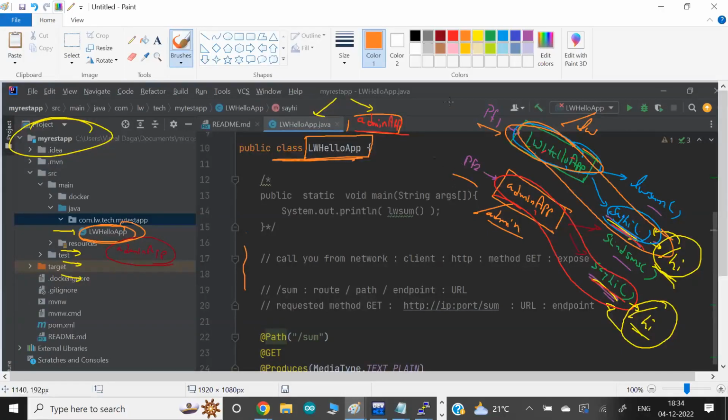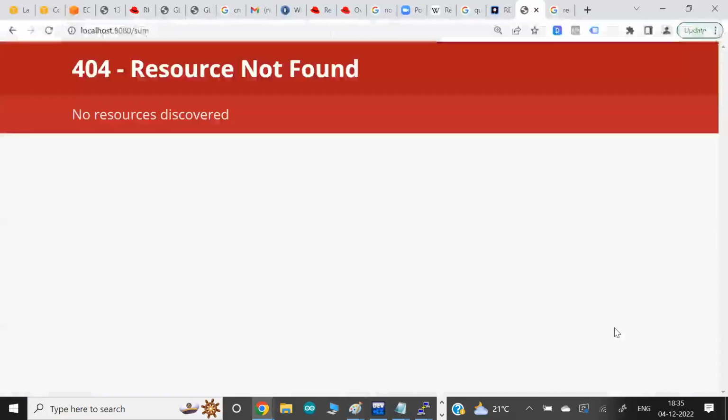It means if you want to reach this function, the final path would be slash Linux world slash hi. Why this one? Because this is the name of my program file or my class. Why this one? Because inside this class we have this function. This is the complete path, route or endpoint. If somebody wants to call this hi, which is part of this particular program file, the complete or absolute path is slash admin slash hi. This is the endpoint of this function. That was where the issue was coming from.